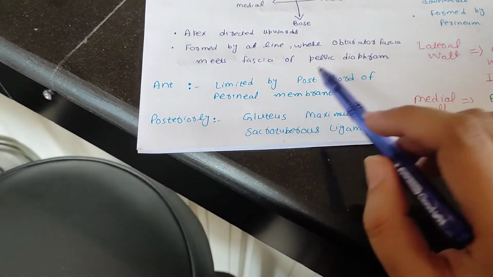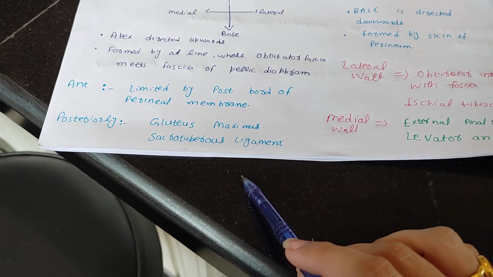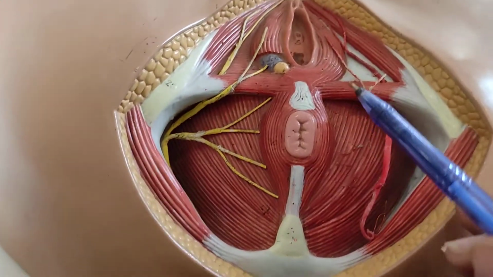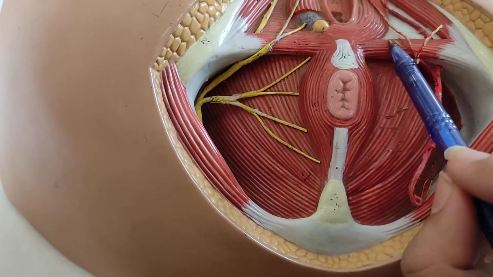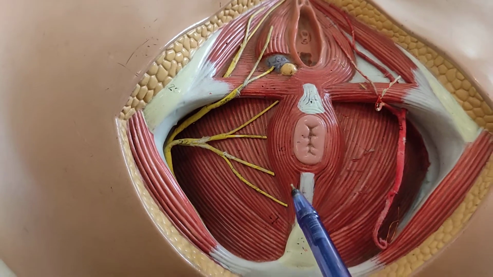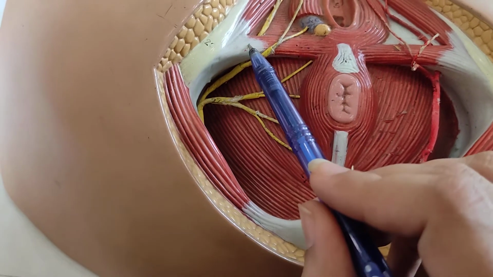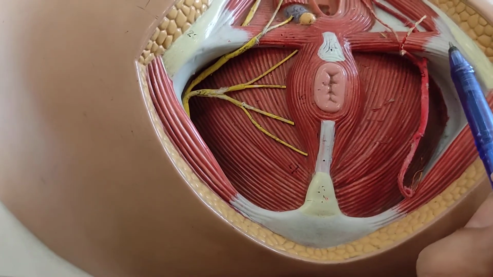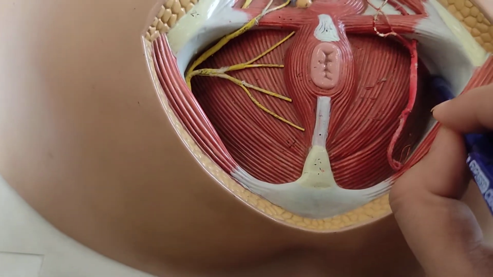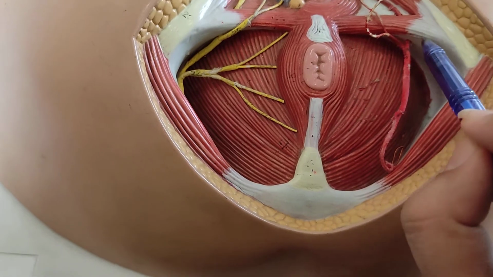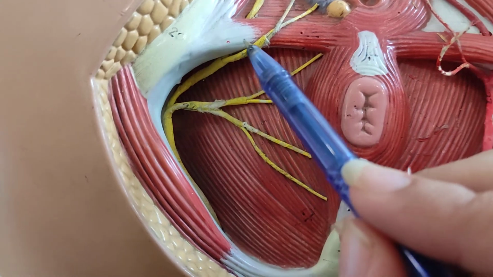So the ischial fossa anteriorly is limited by the posterior border of the perineal membrane. Here around the external anal sphincter muscle and perineal body, there is one muscle lying transversely that is also separating the urogenital and anal region. That muscle is known as the superficial transverse perineal muscle. The superficial transverse perineal muscle on each side has the perineal membrane. This white part is the membrane that is known as the perineal membrane. So what they are saying is that the ischial fossa is limited anteriorly by this posterior border of the perineal membrane. That would be the anterior border of the perineal membrane, and that would be the posterior border of the perineal membrane.